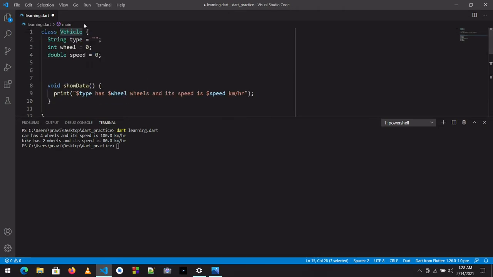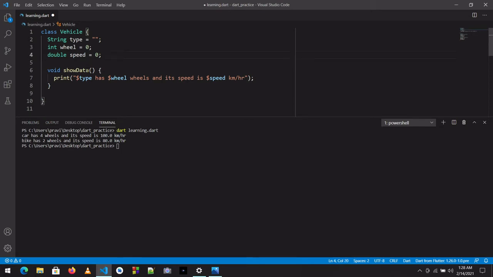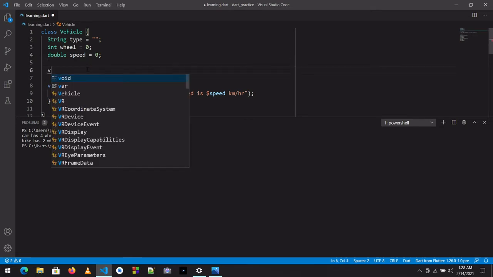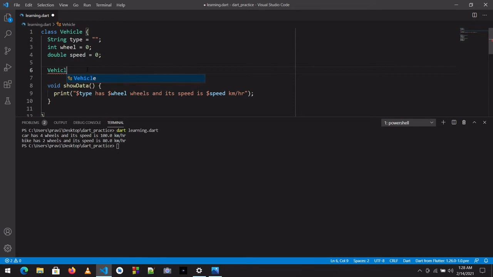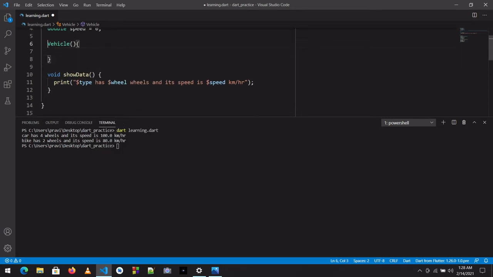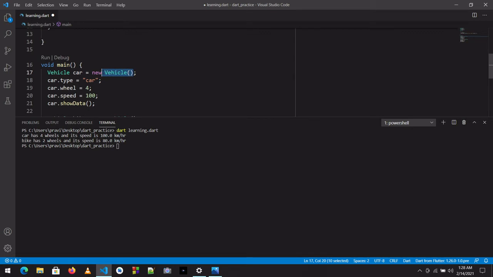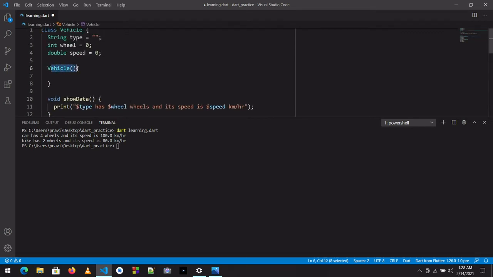We didn't write any parentheses here ourselves, so this is actually a constructor which exists by default, but we have not written it. Let's write it, Vehicle, the same constructor. So this function-like constructor is nothing but this Vehicle call here. So this is calling this constructor, which is empty by default right now.